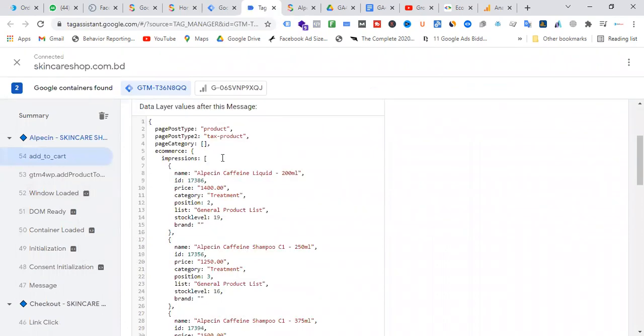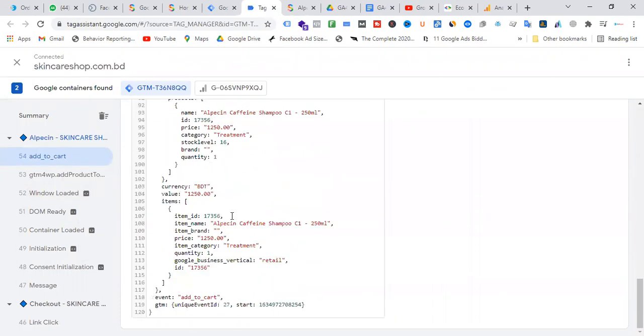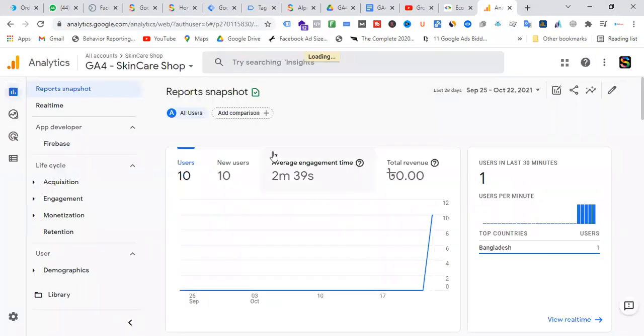So you see, this is the data layer actually. Using Google Tag Manager, we will configure that data and pass it to the GA4 account. So we will configure it in the GTM, and according to the configured data, GTM will pass the data to GA4. That's the thing.